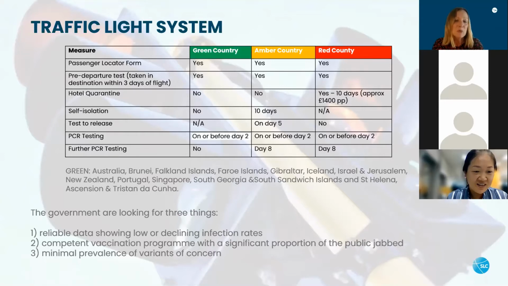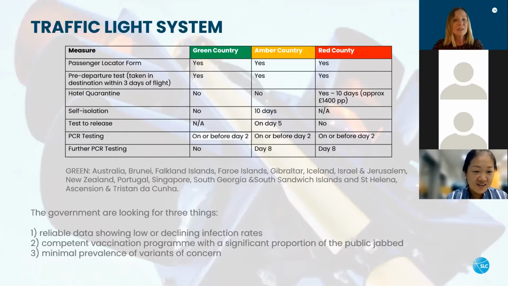And at the moment, there's about 4 destinations that we are able to travel to, the big winner being Portugal, which has seen a huge uplift in traffic from that announcement. At the moment, we're looking at USA and Canada being on the amber list, and we're optimistic that that will change soon. The government are looking for 3 key things to determine what